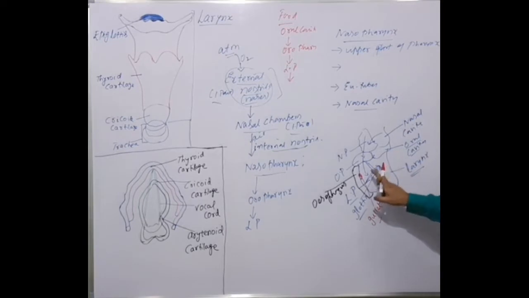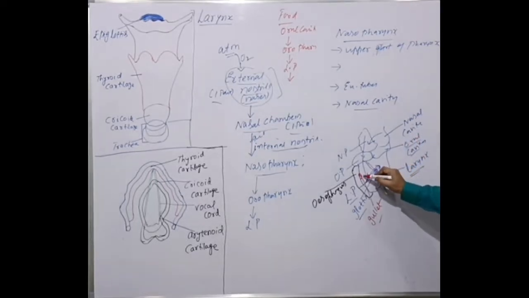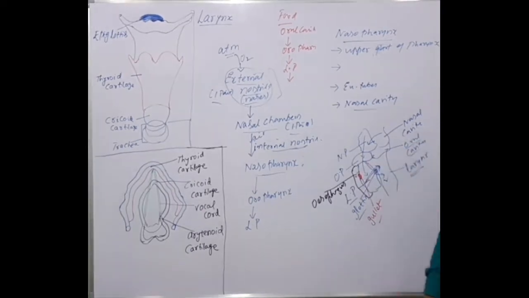If the food enters the larynx, it goes to the trachea, then the bronchi, the lungs, the lungs get damaged, and the person will die. It's not happening. Why? Because the epiglottis is closing the glottis here. That's why the food is not entering into which one? The larynx. Then the food enters from the laryngopharynx into which one? The esophagus, through the structure called the gullet. That is the arrangement here.